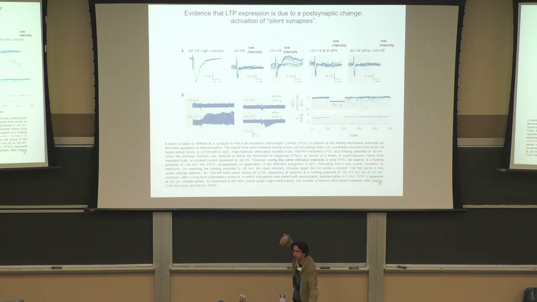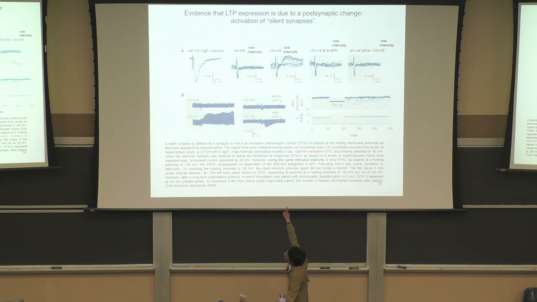I just had a question about the experimental design. The minus 60 and plus 30, that's the postsynaptic part, and the stimulation is happening on the presynaptic? Yes. In patch clamping, those voltages always refer to the voltage of the postsynaptic cell, because that's the cell you are doing the actual patch clamping in and putting the glass electrode inside.